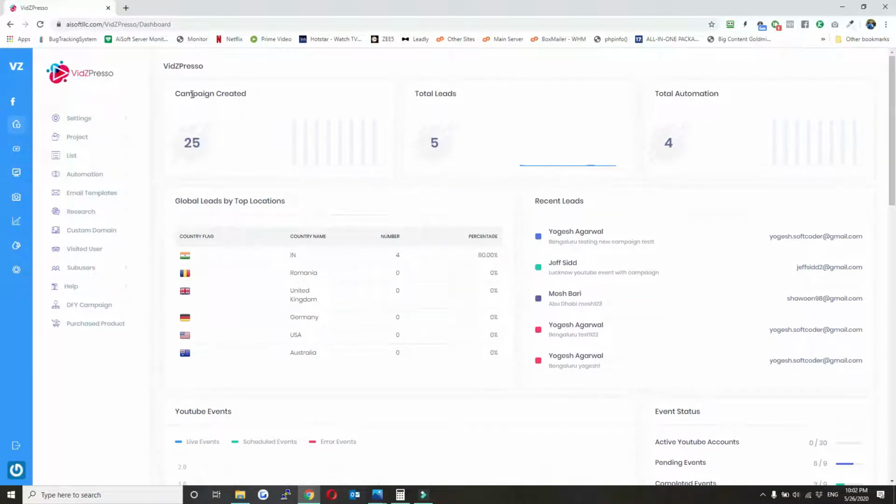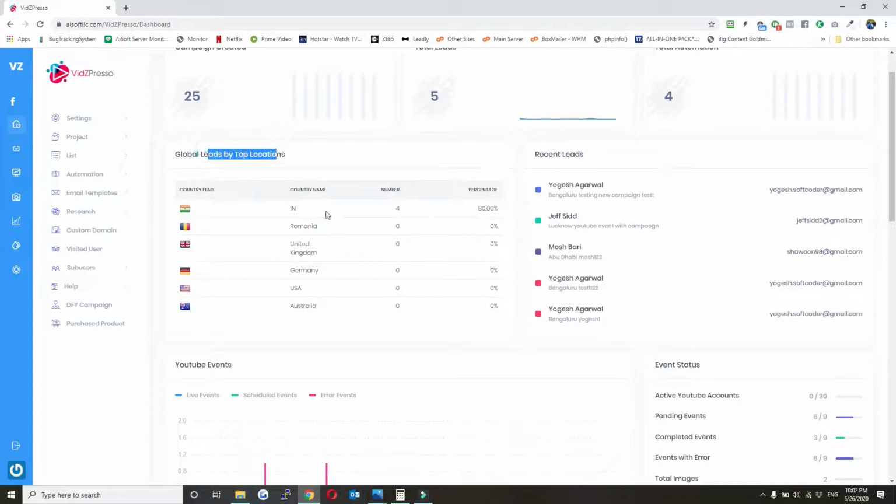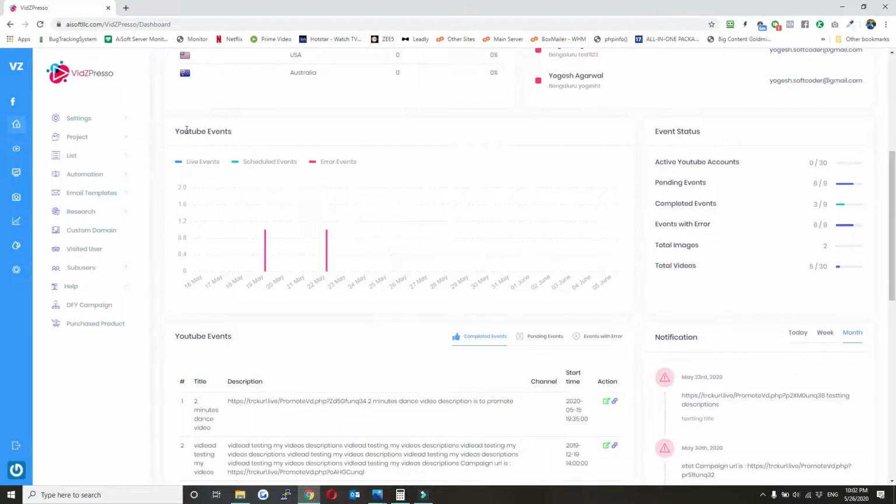The first row shows how many campaigns, leads and automations we have created, and the second row shows how many leads we have got according to the country, and the recent leads. The third row shows how many YouTube events have been created, day wise, and this widget shows how many active YouTube accounts